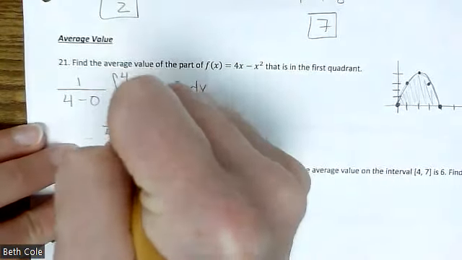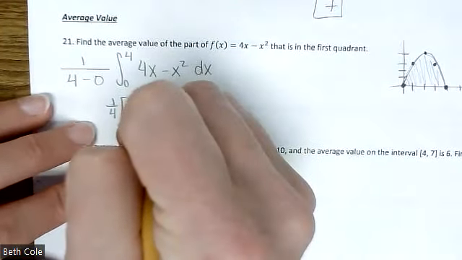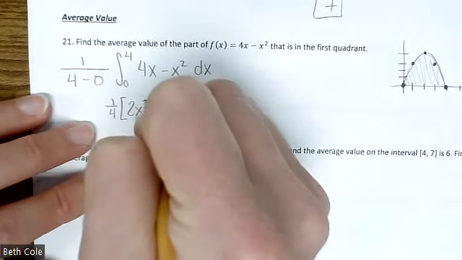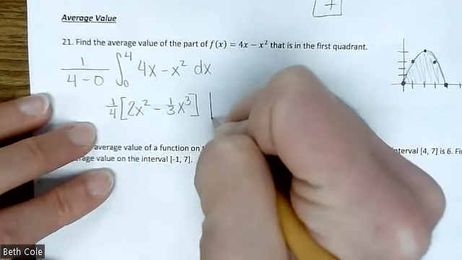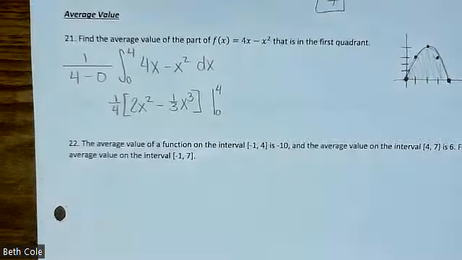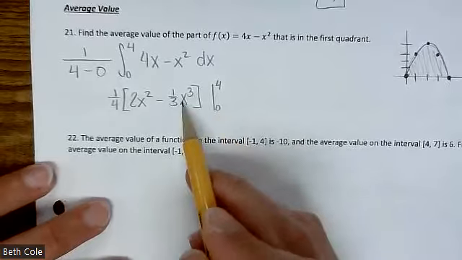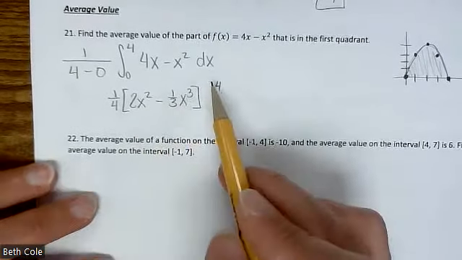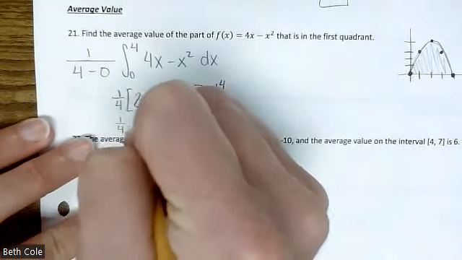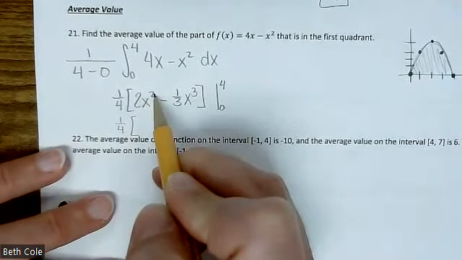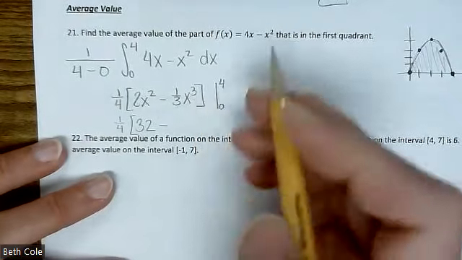So you got a 1/4 out front, antiderivative of 4x. Good. 2x squared, good, minus 1/3 x cubed, perfect, such that 0 to 4. Now it would be upper boundary minus lower boundary, but what would you get if you plugged in 0 for these? 0. So really all you need to do is plug in 4, because then it would be minus nothing, all right? So if we plug in 4, 4 squared is 16, double that, 32, minus 4 cubed is 64,